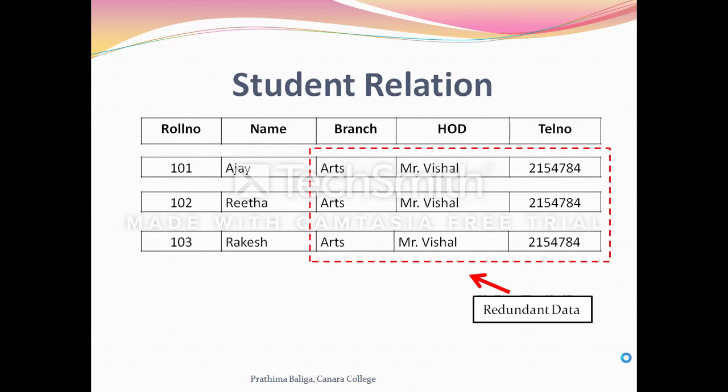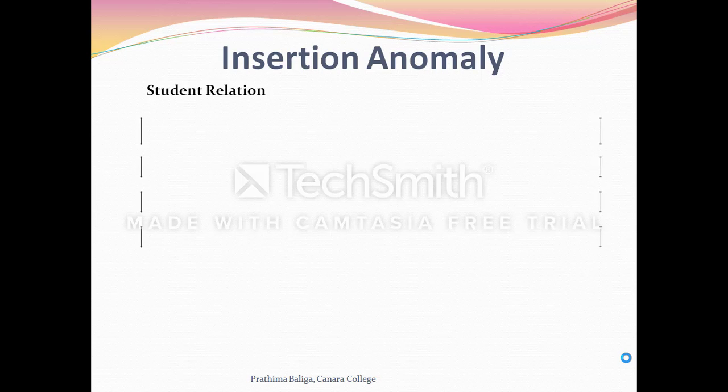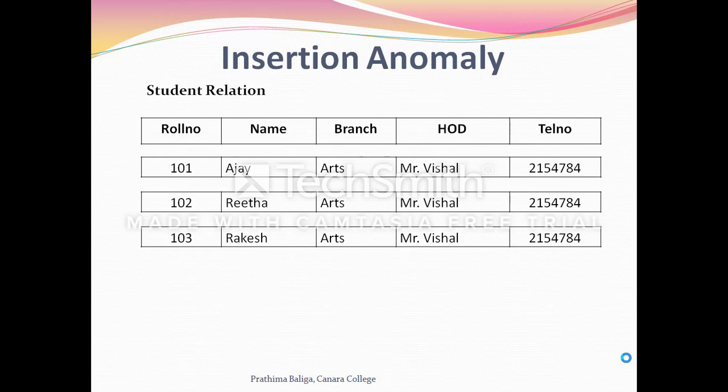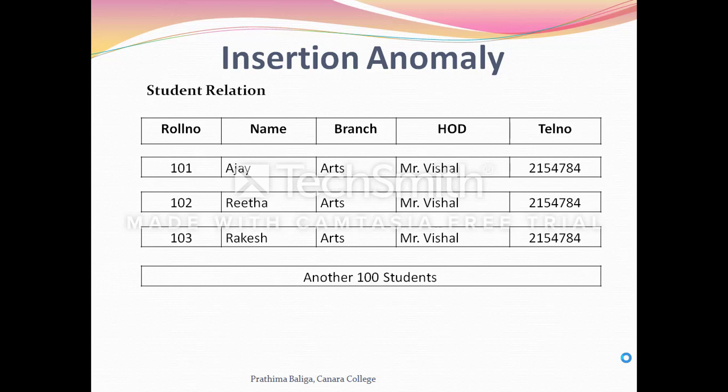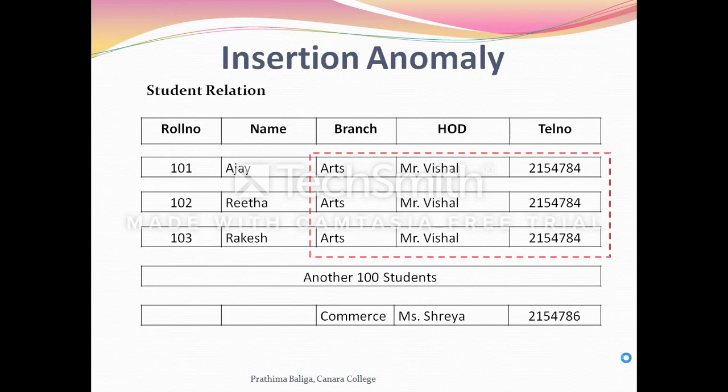The other problems which could arise with data redundancy is when we perform the update operations on a relation. That is, insert, update and delete. Let's see them one by one. Insertion anomaly. Suppose we want to add another 100 rows to this table. We have to repeat the same data for another 100 students along with name and roll number. This is one case. Suppose we want to add another branch information, though any student has not yet enrolled, then it is not possible to do so. Both these cases illustrate insertion anomaly.